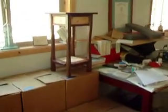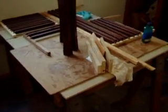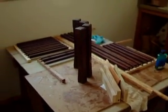Some end tables and some display stands, and then here's the new little lamp table. This is a beautiful little piece. Then we go over here, and there's parts and pieces lying about. Here's where I do most of my finishing, on this little 4x6 or 3x6 table. You can see